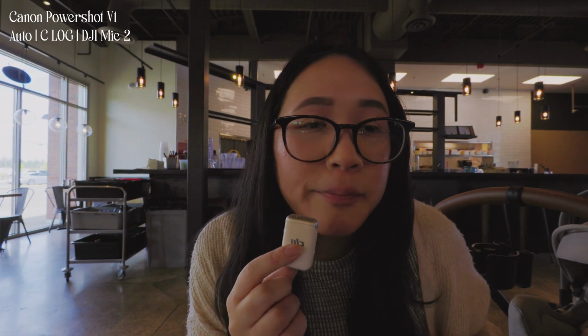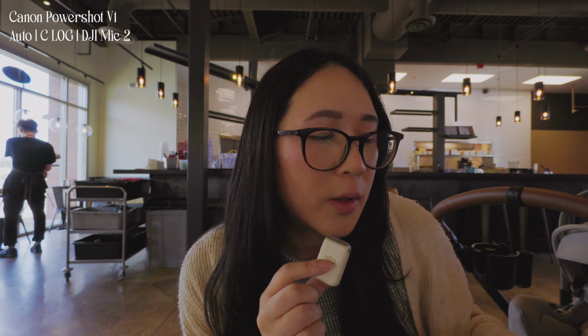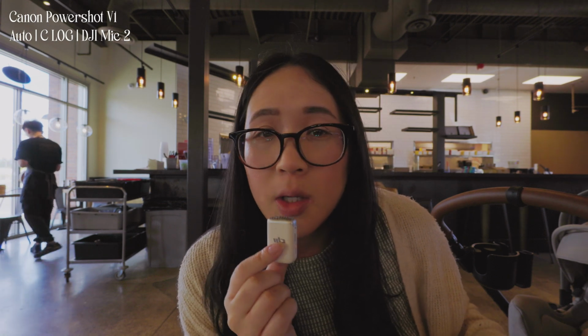So when I come closer, I am pretty focused, which is nice. The auto tracking is pretty good. So far the camera is pretty slow. I don't know if I'm using the wrong card or something, but everything is loading really slowly. So I might need to look into that and see why that is. But yeah, so I'm gonna eat my food. Oh, look, it's a little brighter now since that guy is in the lighting area. But yeah, we're gonna eat some food, we're gonna head to the office, and then I'll film some more over